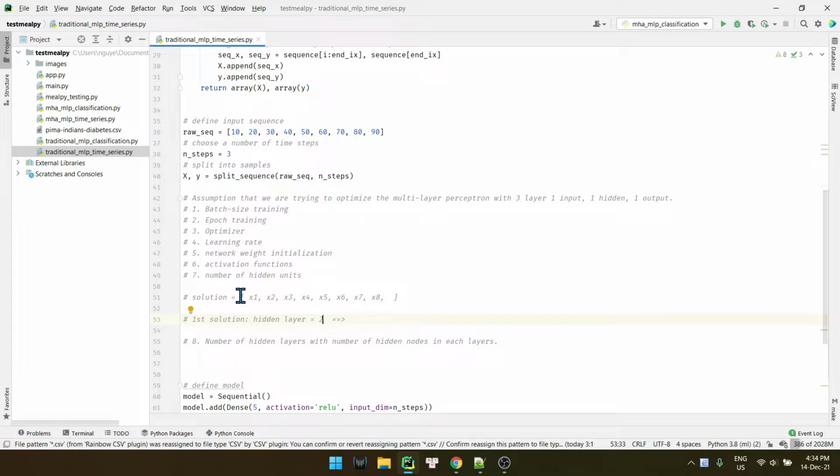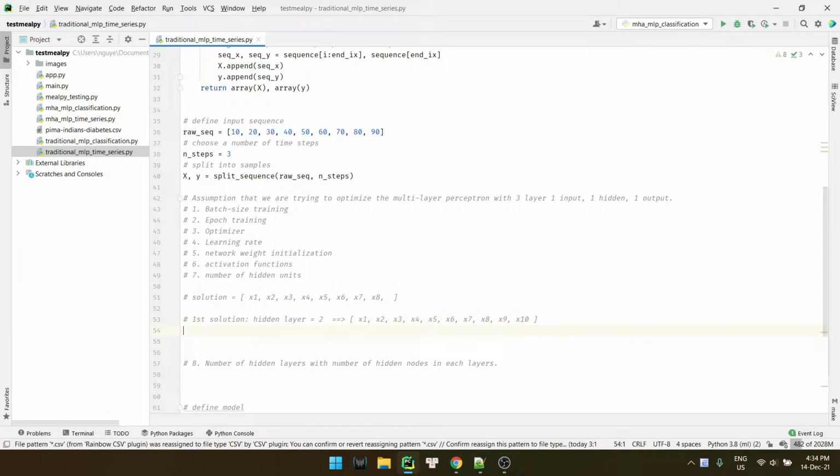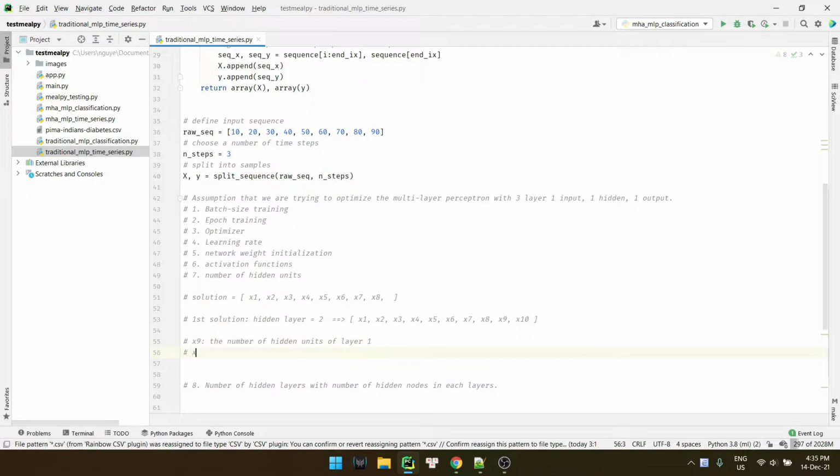So we need to expand this solution with x9, x10, right? In which x9 equals the number of hidden units of layer 1, and x10 the number of hidden units of layer 2, because we got 2 hidden layers here. So we need to expand the first solution.